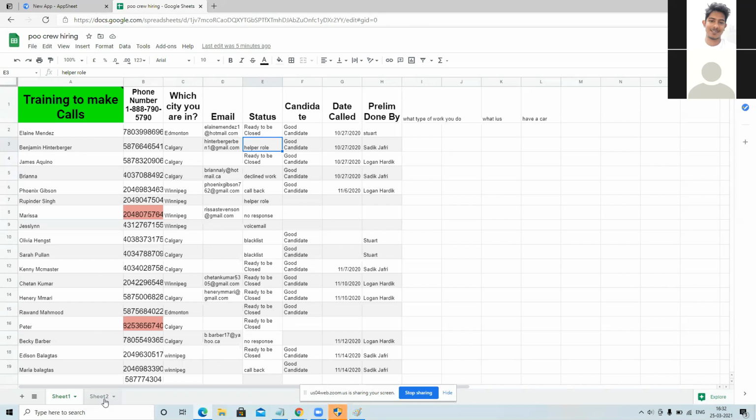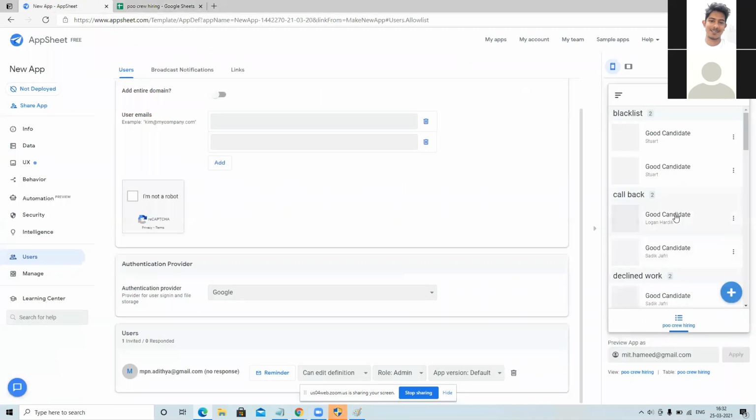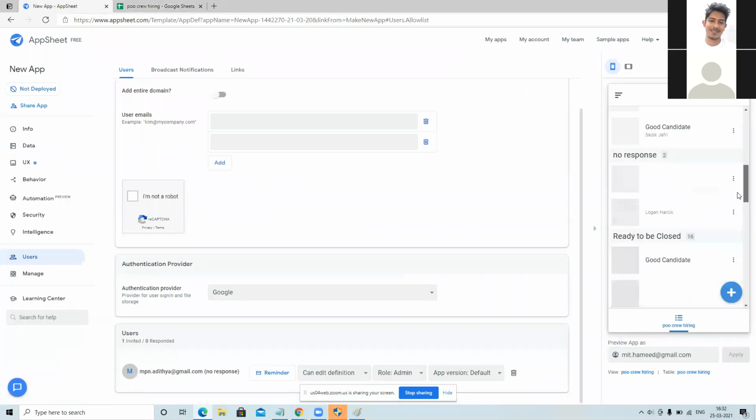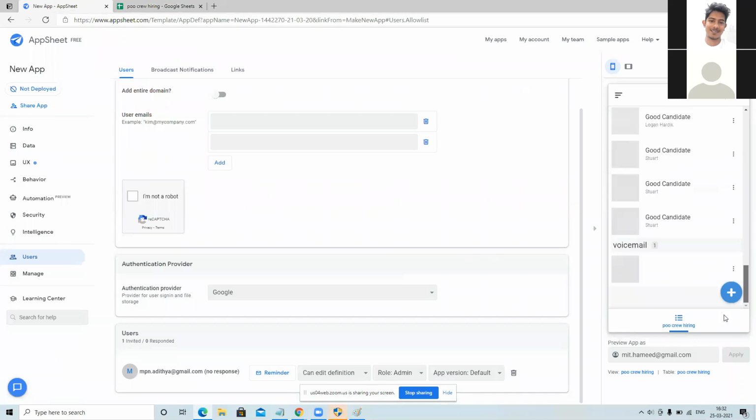Okay, that will be in a different sheet. Ready to be closed, no problem, that will be in a different sheet. But other things also I should be able to categorize based on that as well. And if someone declined work, then they should be removed. It should not appear, it should be removed from the list. Or it should be dumped in a separate declined work sheet. One sheet will be there, and it should be automatically updated there. It should not confuse. If you see my app now, it should not show anyone who declined work and all those things.